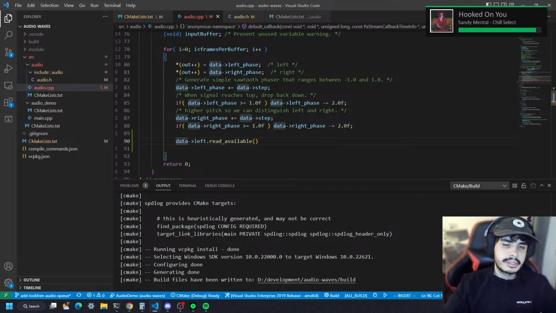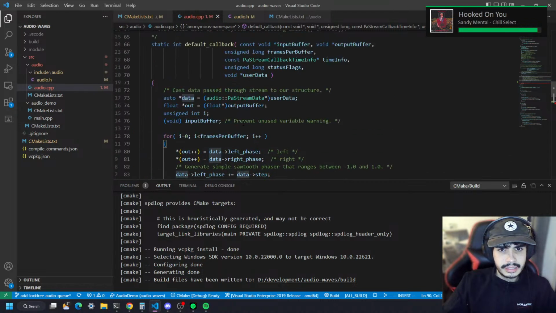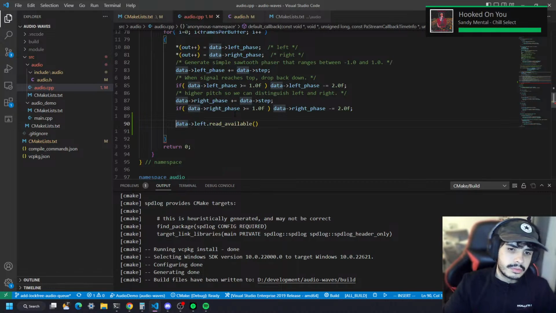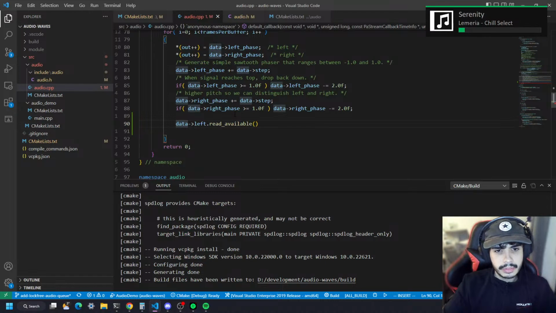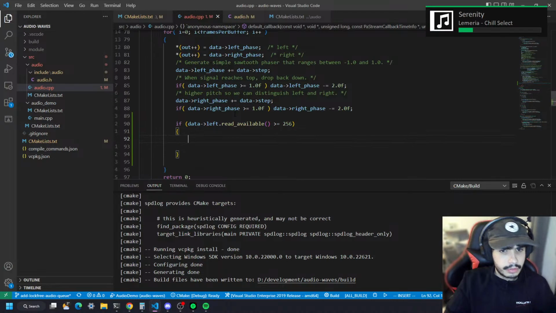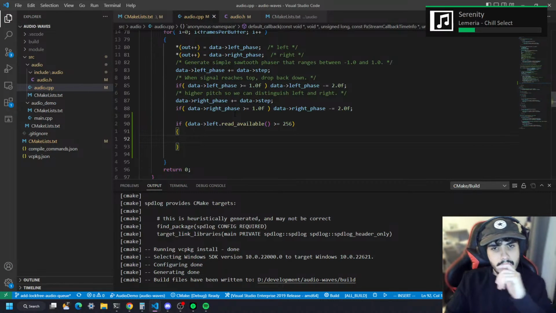So let's do that. Basically what we want to say is that whenever this has exactly 256 items, that's what it is, yeah, so when it has the whole buffer for the audio that we want, which is 256 elements, we're going to read it and pass it into the audio device. So let's do that. If the left channel is available to be read completely, we're going to actually say that